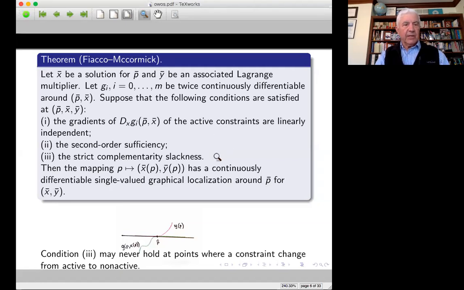Out of these three conditions, the third condition is the most troublesome, the most difficult, because it means that the value of the Lagrange multiplier corresponding to active constraints, this means that when these G's are equal to 0, must be positive. But this condition is never satisfied at points where the constraint changes from active to non-active or in the opposite direction. So here is a little picture I try to